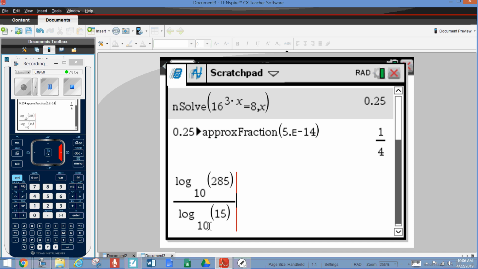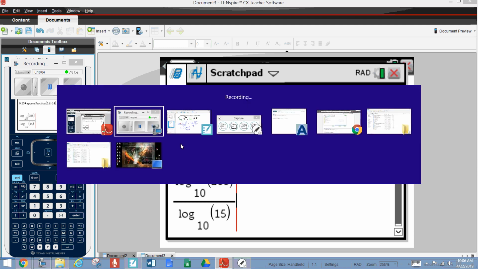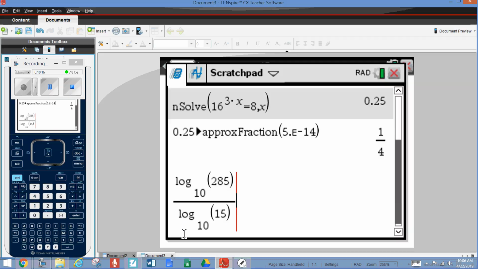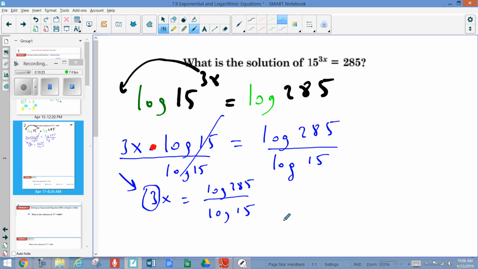Okay, before I click enter, what should I do? Divide by 3. Divide by 3, because I'm looking for 3x. Divide by 3: 0.69, that makes 0.7. So x is equal to